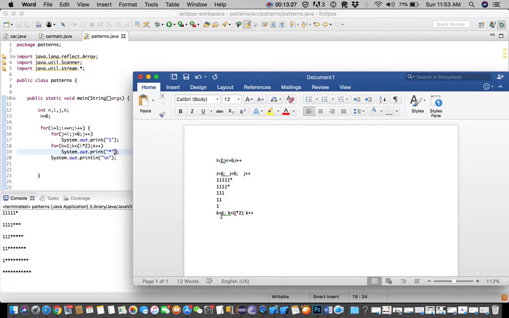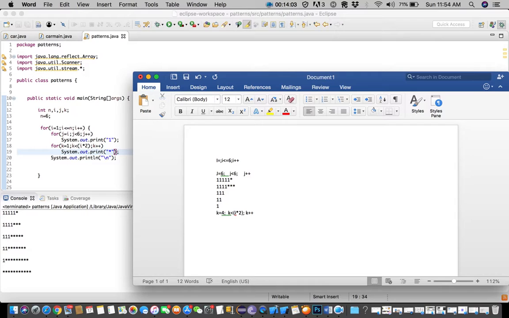Then we go back to this loop again. k is equal to 2 now. Why? Because we have incremented it. So k becomes 2. 2 is less than 4. Yes, it is. Again 1 star is printed. Now this time k becomes 3. 3 is less than 4. Yes, it is. Then we print 1 more star here. Okay, now k becomes 4. But 4 is not less than 4. So this loop is terminated here, and we go back again to the i loop,